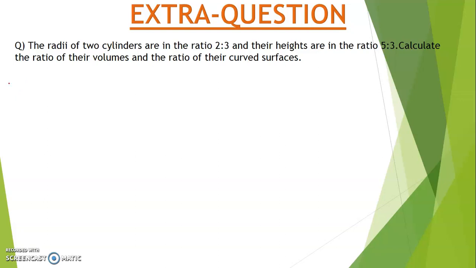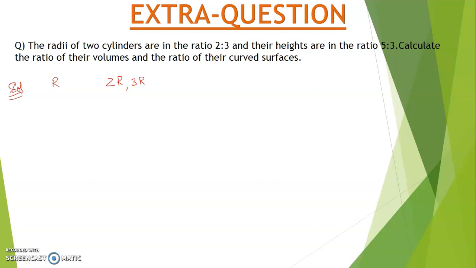Okay, students, in questions like this, we'll start with the question. Now it is saying ratio, so let the radii be capital R. The radii of two cylinders are in the ratio 2:3, so it will become 2r and 3r. It is not 2 centimeter or 3 centimeter, students. Be careful here. It is saying the radii are in the ratio given to us, not fixed 2 centimeter or 3 centimeter. So you can write the statement, let the radii of the two cylinders be r.